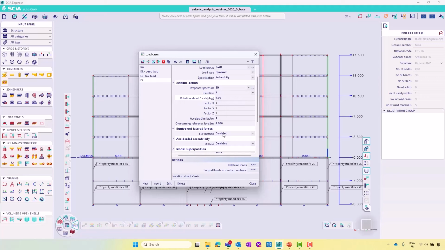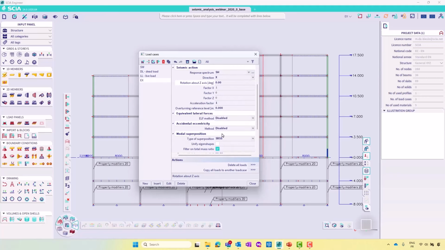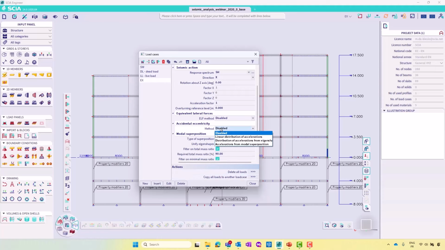I didn't enable the equivalent lateral force method. If I want, I can also apply accidental eccentricity in order to take into account masses that are not perfectly as they are in the plan of the building, but in the construction maybe there can be some eccentricity of the mass due to some mistake or something like that. It can be taken into account. There are several methods to apply this. It goes a bit over the scope of this quick webinar to go into the detail of that one, but